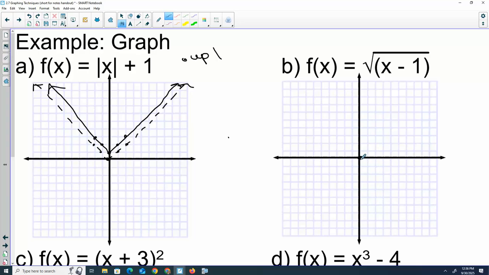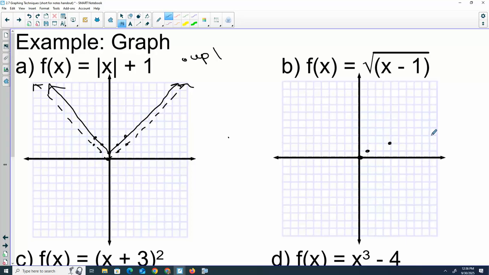Attention staff, please check your email for a message from Mr. DeGrave. Staff, please check your email for a message from Mr. DeGrave. Thank you. All right, so square root of 0 is 0, square root of 1 is 1, square root